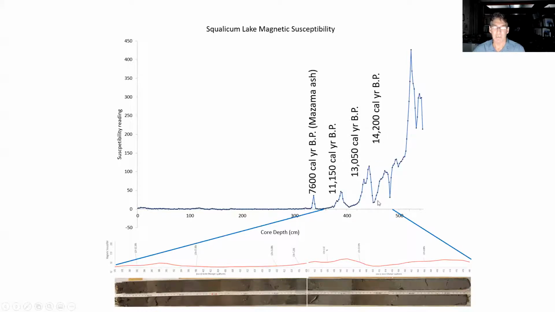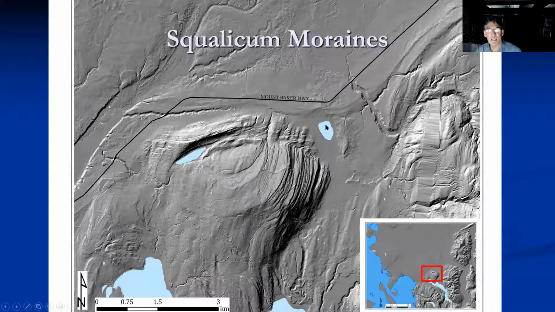The key thing here is the dates from the non-glacial periods, these radiocarbon dates from these organic layers, give us an inference that the lake came into existence shortly before 14,200 years ago. The second pulse of glacial flour was 13,000 years ago. And then somewhere far away, there might have been some sort of other event going on about 11,000 years ago. So that tells us that this lake was formed shortly after 14,200, and the most likely candidate for the second pulse of rock flour is the emplacement of this moraine here, right at one end of the lake. And the glacier retreated from that by 13,000 years ago.